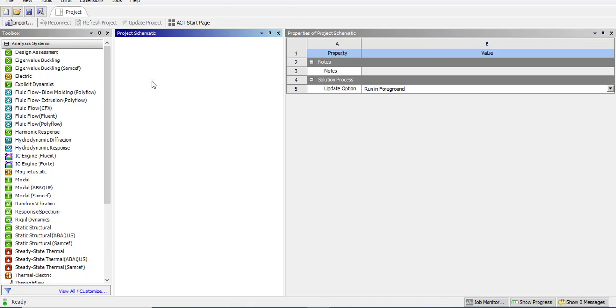Hello student, today in this lecture we are going to perform the stress analysis on this rectangular plate. So let's start with the Ansys Workbench. We'll drag the Ansys structural into a project schematic,